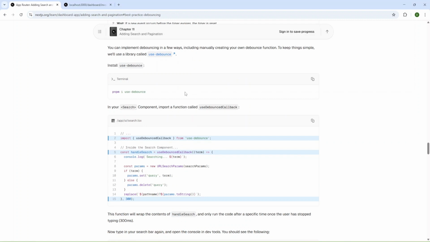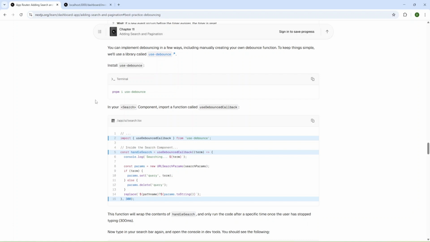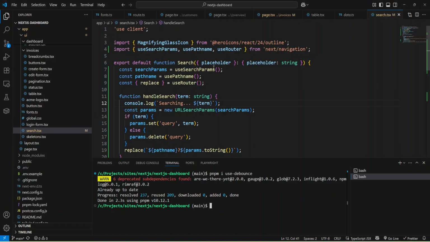Actually, you can write your own function, but let's add a library. I'm going to add a new terminal and install the new library. Okay, and now we can use the hook useDebouncedCallback from use-debounce.